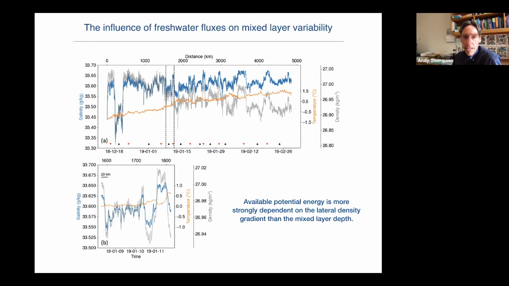So time is on the x-axis. The blue here is salinity. The orange is temperature. So you can see as we go from December to the end of February, there's a slow but steady warming of the surface ocean. And yet the density, which is shown in gray, at least its small scale variability, is almost completely dependent on